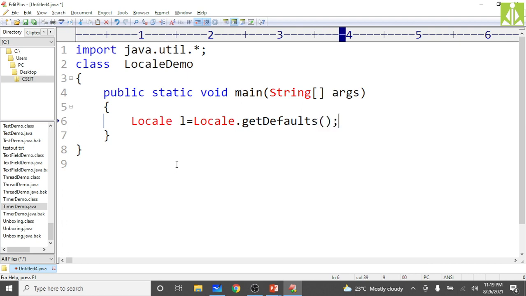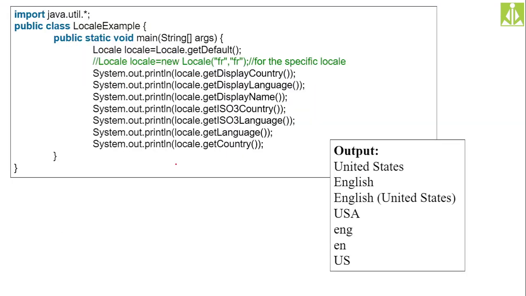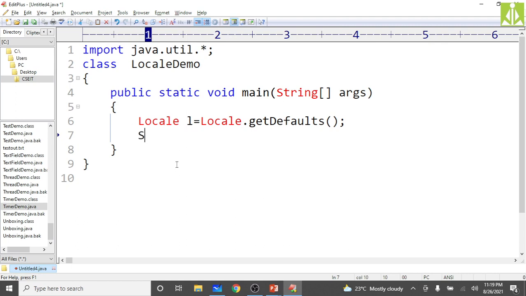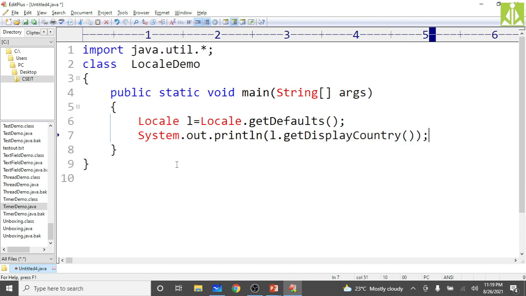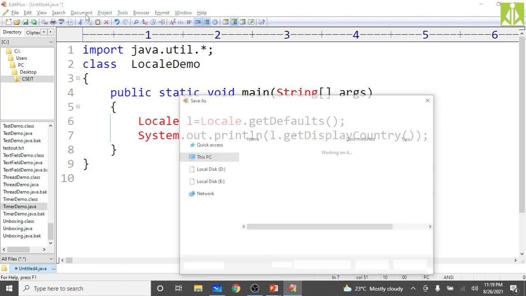Now the Locale object got created, so simply System.out.println, first we are printing the country name: l.getDisplayCountry(). So it will give the country name.